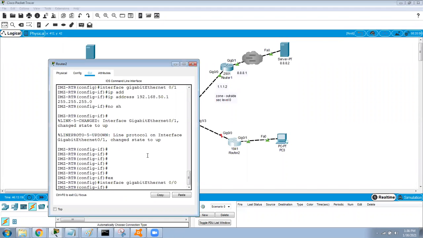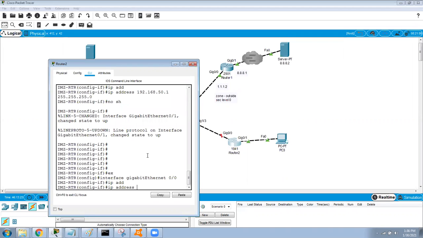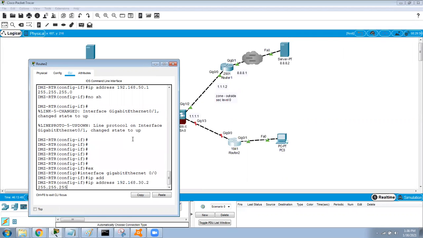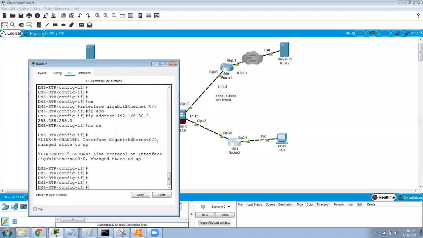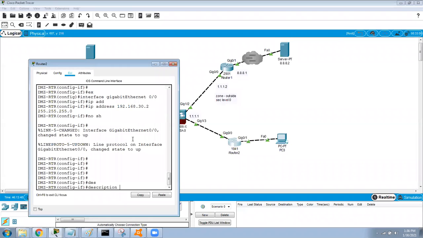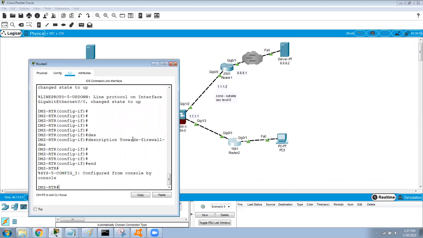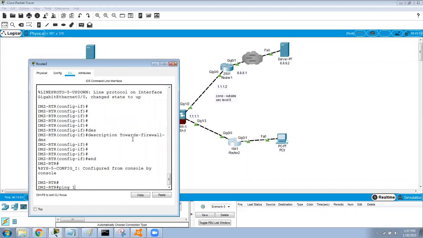Okay, so 0/0. And here I will put the IP address. You need to give another network here. So I will use 192.168.30.2, 255.255.255.0, no shutdown. Okay, so I can put the description, towards firewall. So this is the description I have given. Okay, so can I ping my machine now,